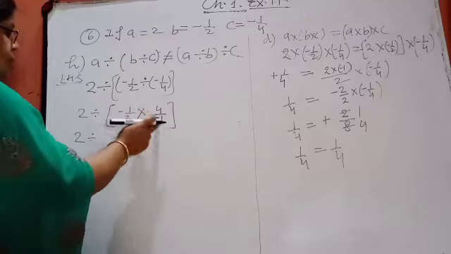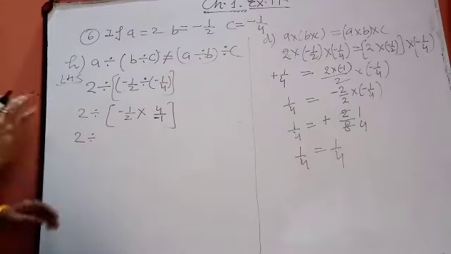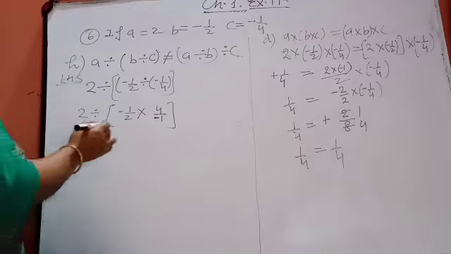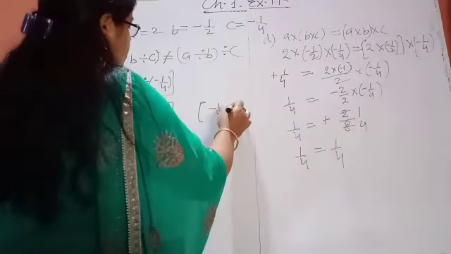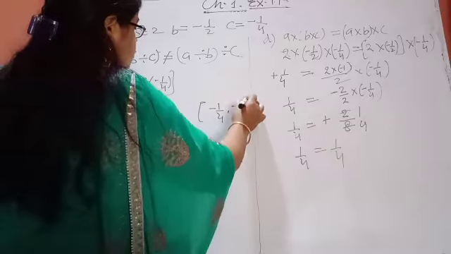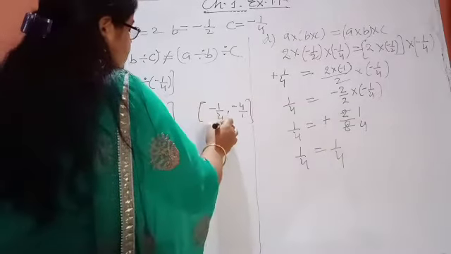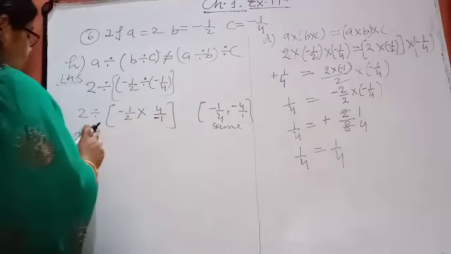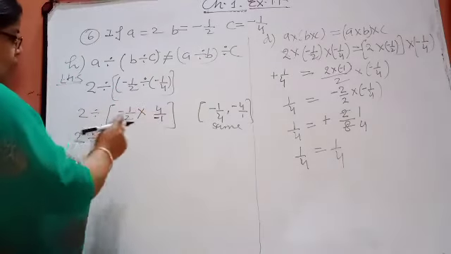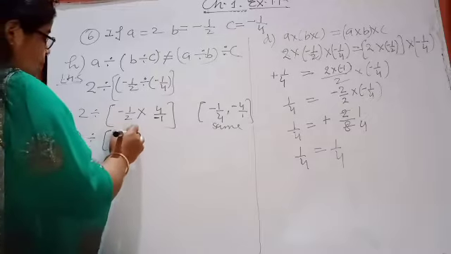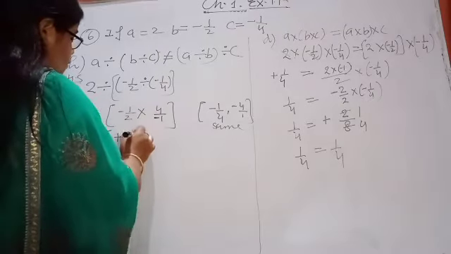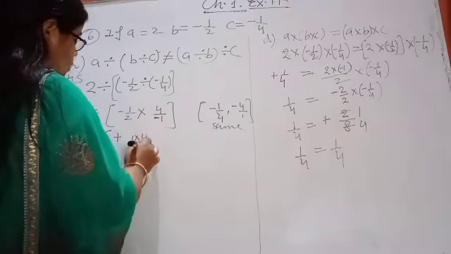Again minus into minus, whether it will be numerator or denominator, it is the same, meaning minus 1 upon 4 or minus 4 upon 1. Both are the same. There will be no change. Okay. So 2 divide... you have learned this one in properties also. Minus into minus is plus, so it will become plus. It will be 1 into 4 upon 2 into 1.